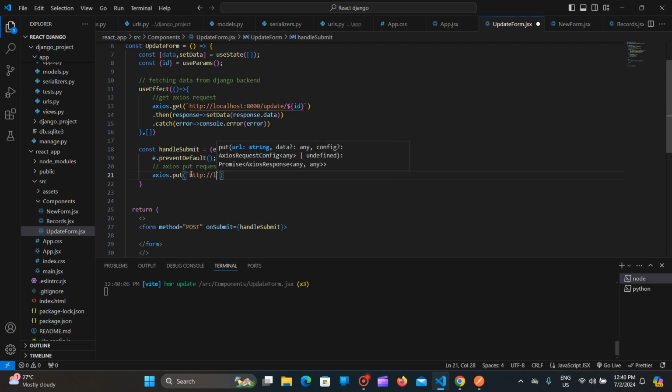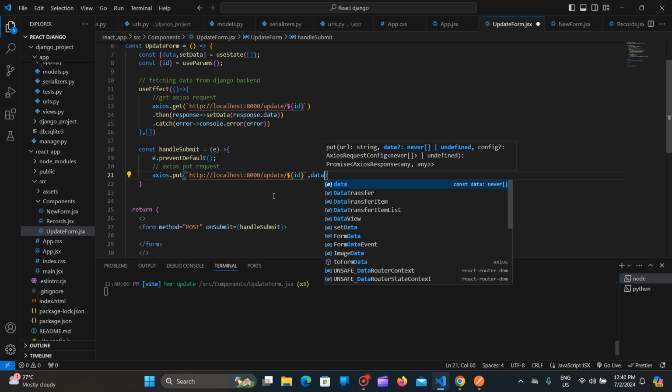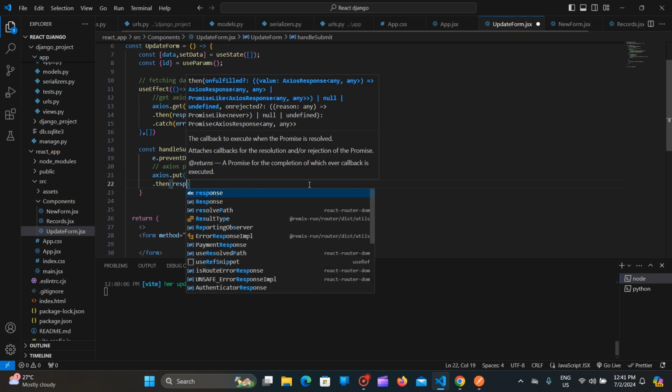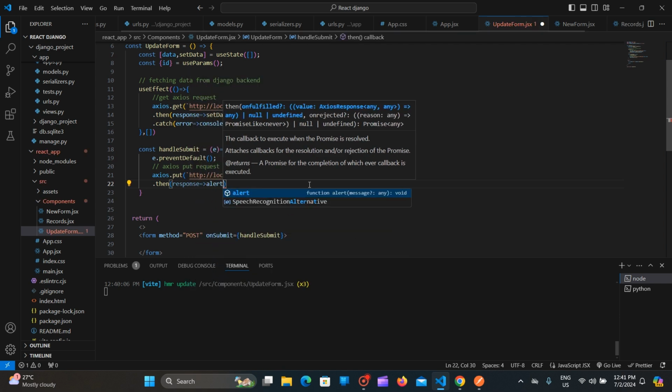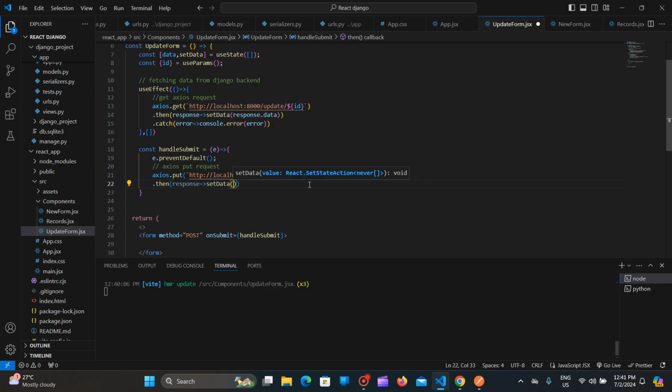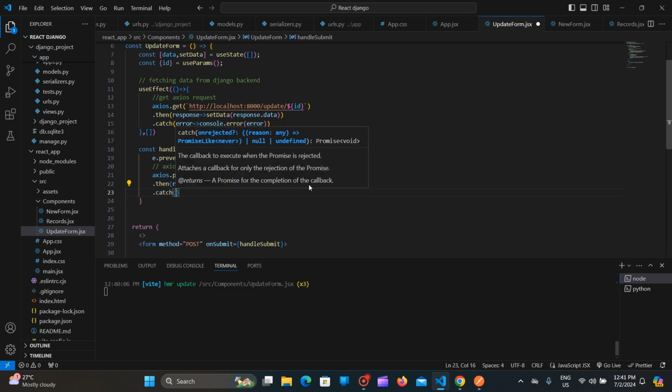http://localhost:8000/update. Okay, here again I will use id, and here I will call the data. Okay, if this is succeed, then alert, then set the data to the response data. If this is succeeded now, then